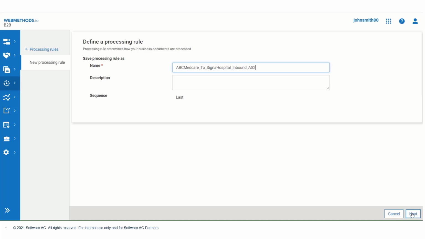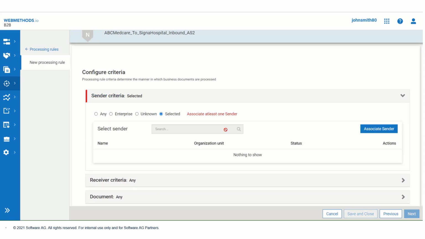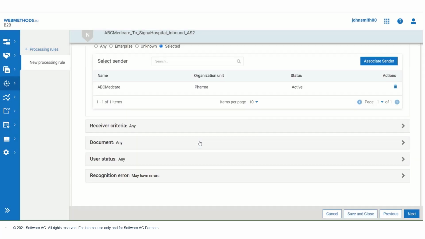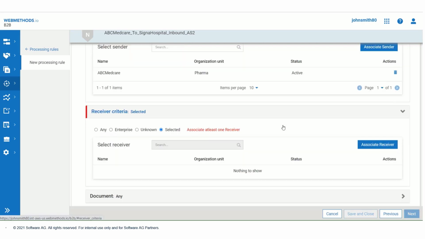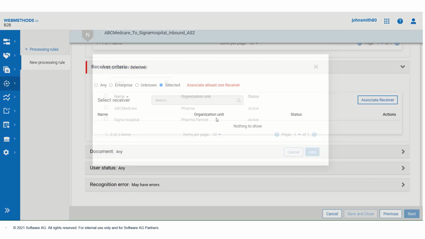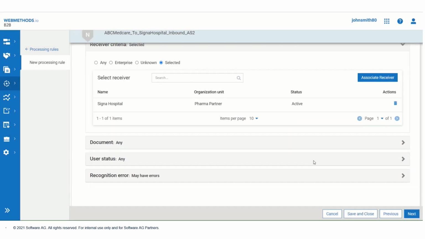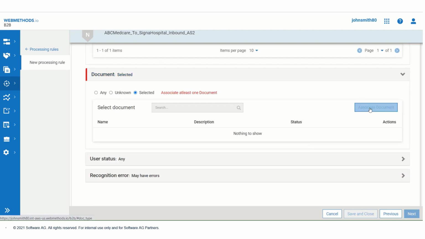Now click on Next and then again choose your sender criteria selected, Associate Sender, ABC Medcare, Add, Receiver, selected, Associate Receiver, Cigna Hospital, Add, Document, selected, Associate Document.